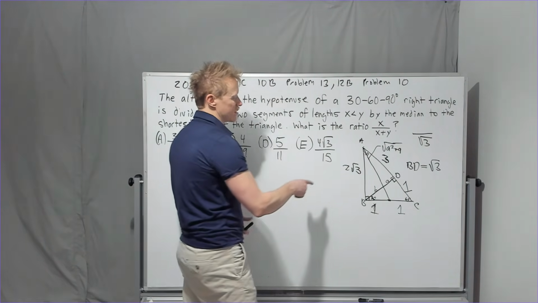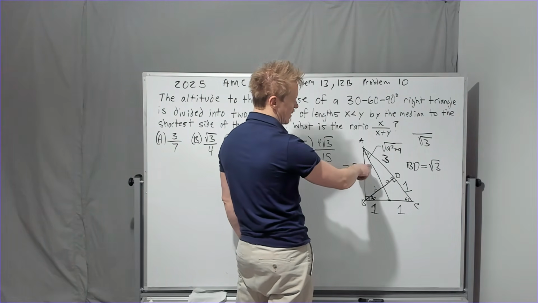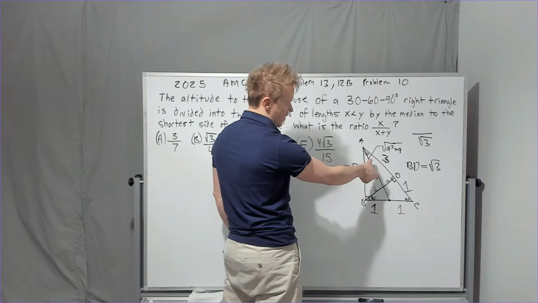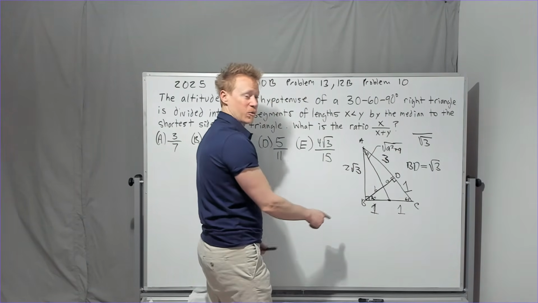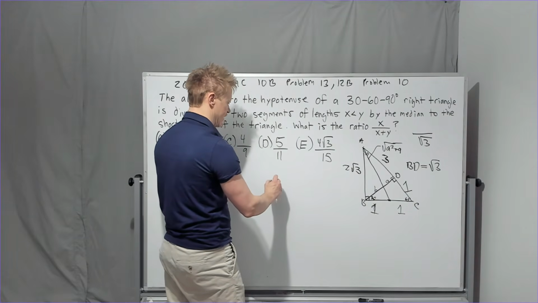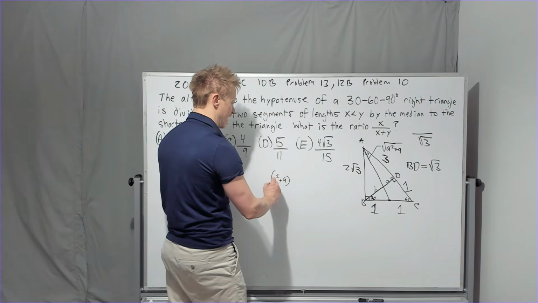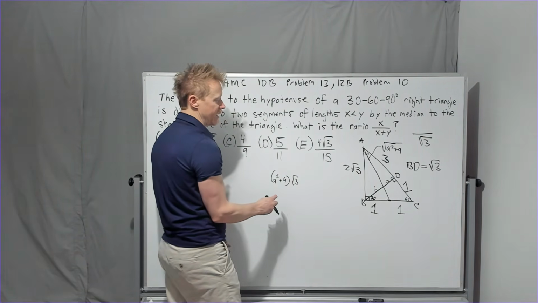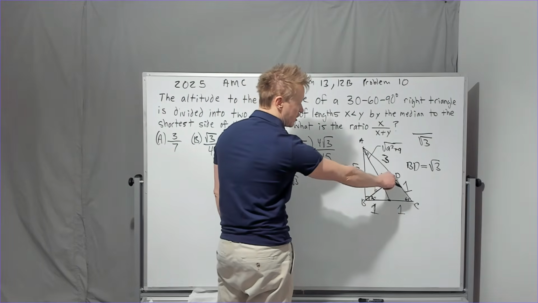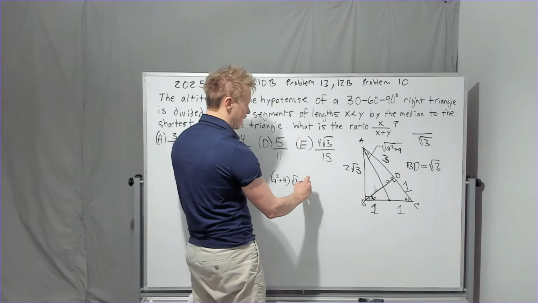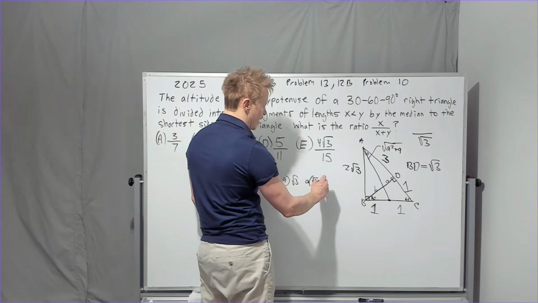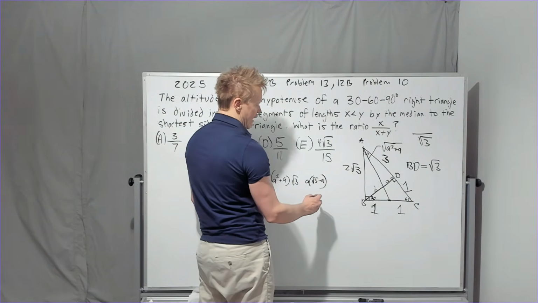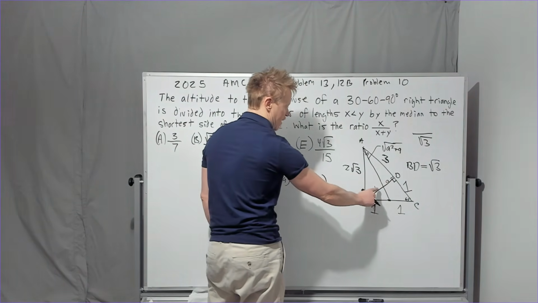And so Stewart's theorem, you could say, well, this squared, which would be that, times the whole thing, root 3. So you could do a squared plus 9 times root 3. And then you'll have the two pieces, which you could call a and root 3 minus a. And that would be this piece times this piece